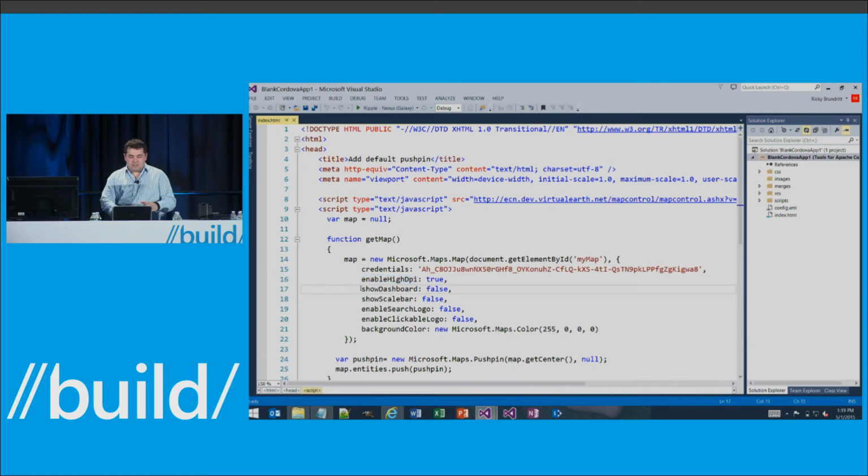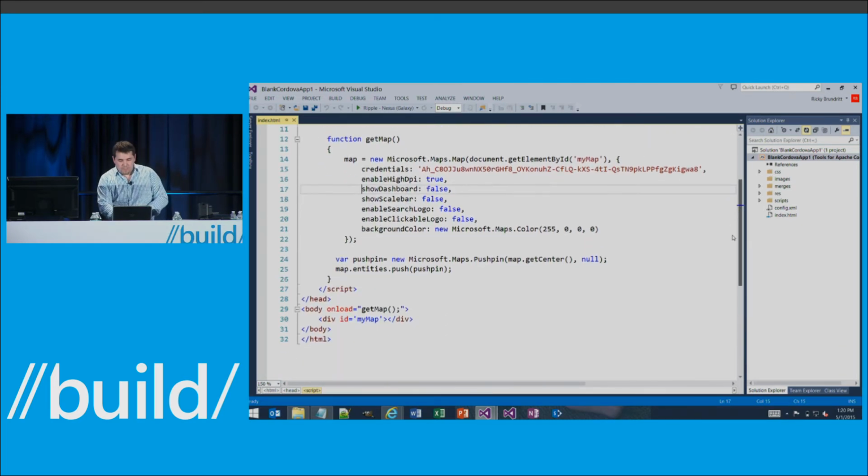And then I've changed the navigation bar and the scale bar. We don't need the scale bar on the map because it takes up some room. We don't need the dashboard. We only want the little drop down, and a couple other different settings that I've changed as well. But we still end up just adding a simple push pin to the map. One other difference between this code and the other code is I got rid of all the style settings because we want the map to take up the full screen. I don't want to limit it to a certain pixel size. So now if we run that sample,